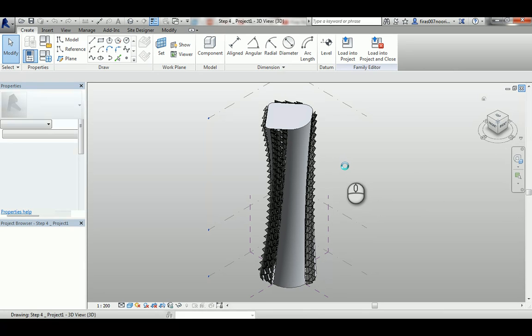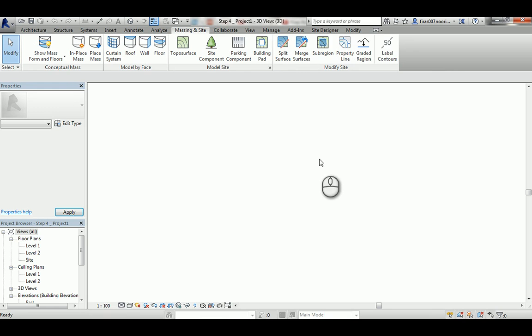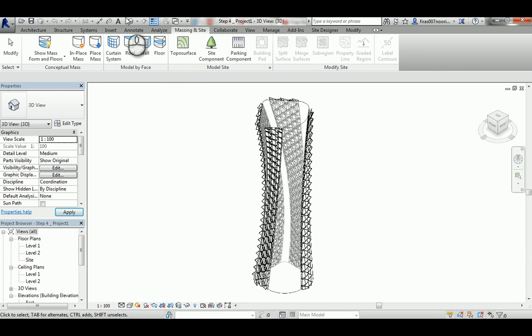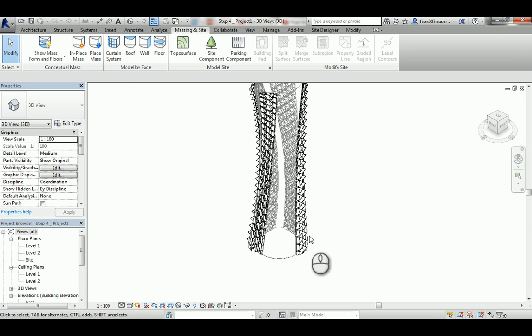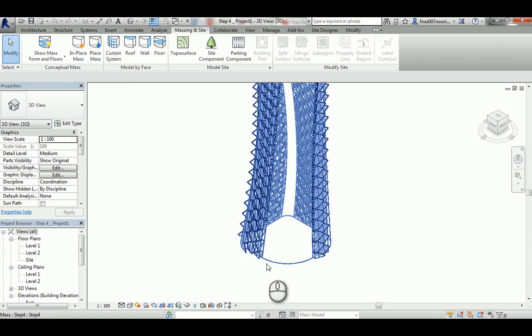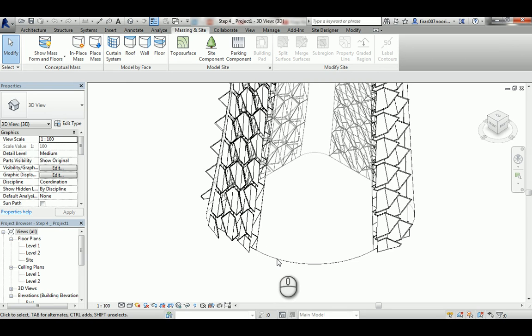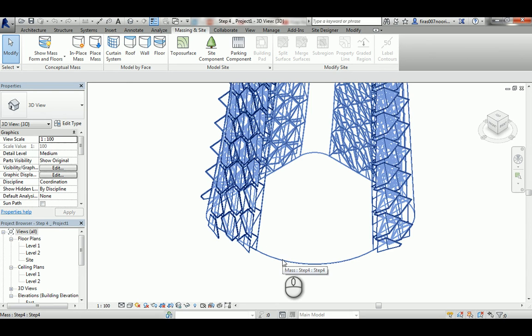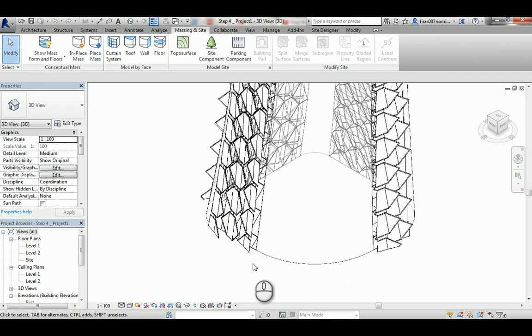In the project environment, it's a really good idea to understand the concept of conceptual mass. If you go to the Mass option, you might find it is off, and only the curtain system is on. So it's a good idea to hit that button, and you're going to see the conceptual mass in front of you. You'll notice the conceptual mass is made of two parts: the one which doesn't have any kind of division, which is this part,